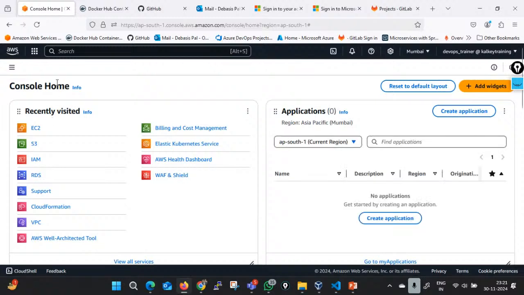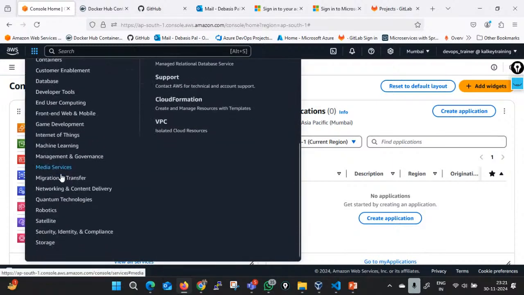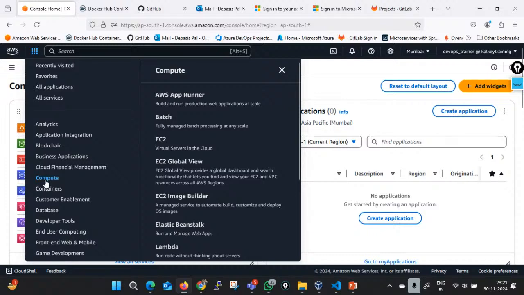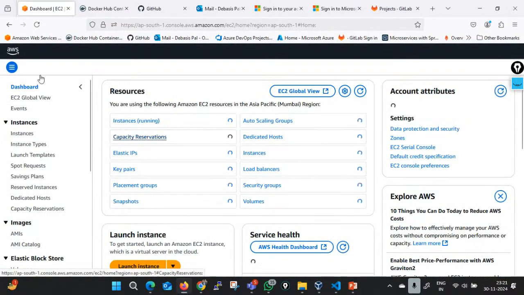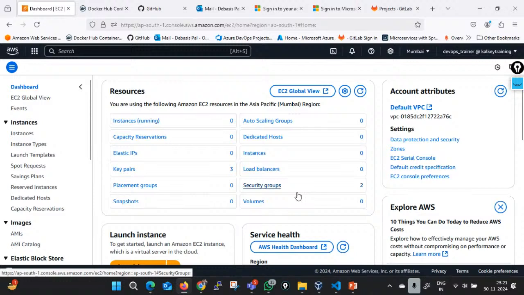And here there are lots of services. You see, there are lots of services. And within each of these categories, like in the compute category of the compute service, we have an EC2 service, right? So we go to EC2. So there is a dashboard presented to me. I can go in for lots of discussions, but right now I'm just showing you how fast we can create